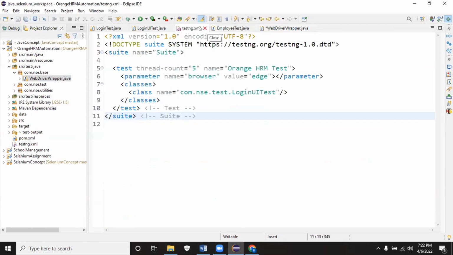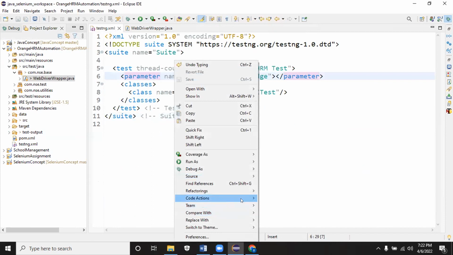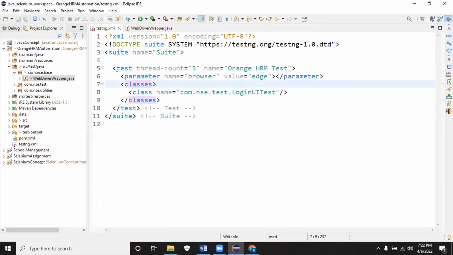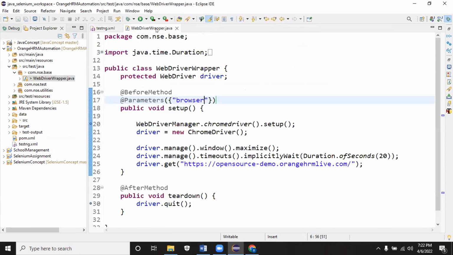Right now, the parameter name is browser, so I can give browser here. Now whenever I trigger this XML, it will take this in memory. First of all, it will load the parameter name and value in memory.